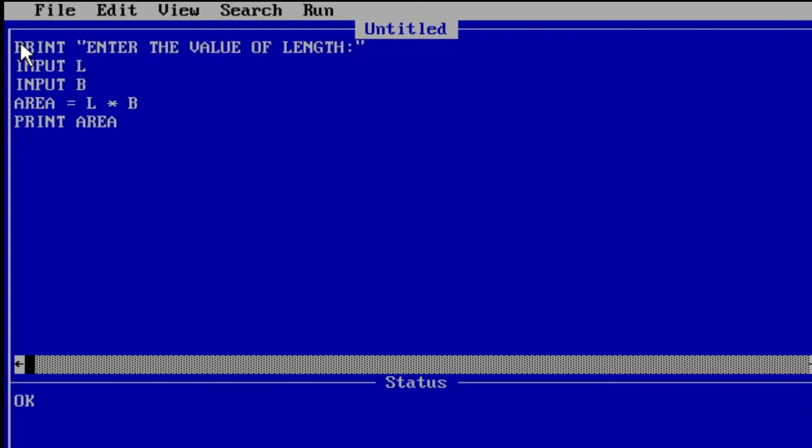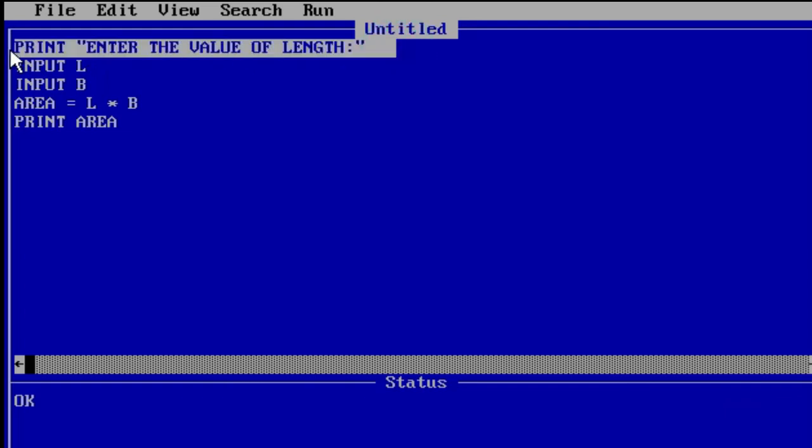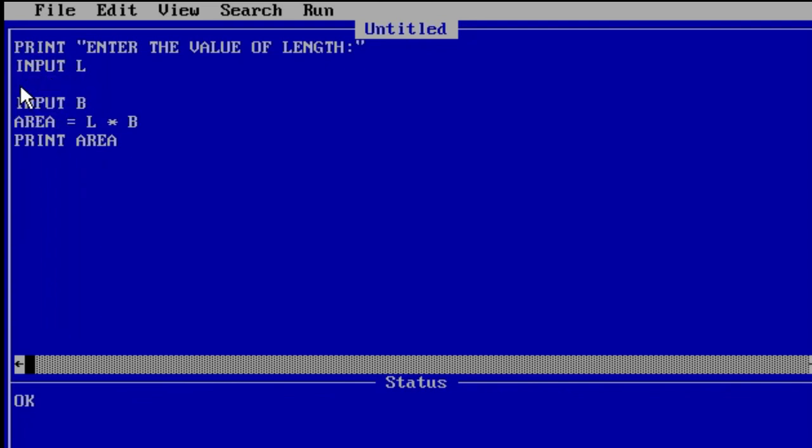And for B also the same thing: print "enter value of breadth".